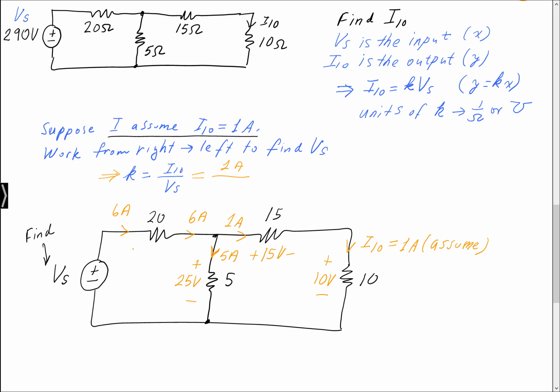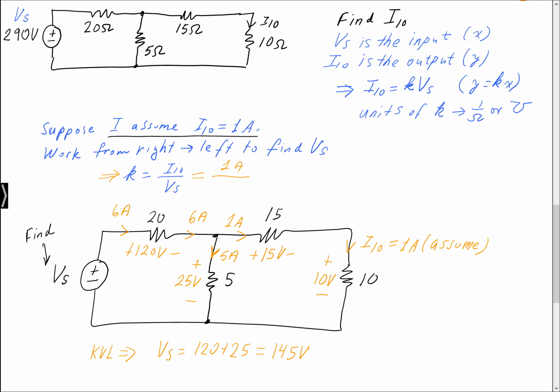And therefore the voltage across the 20 ohm by Ohm's law has to be 120 volts, right? Now if you look at the KVL on the left side, you see that Vs is equal to 120 plus 25, which is equal to 145 volts,